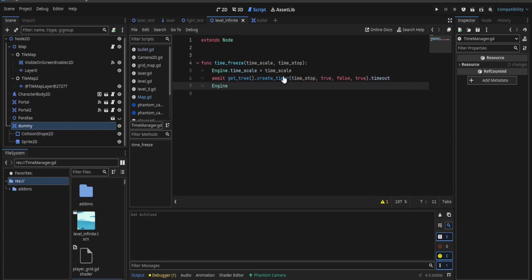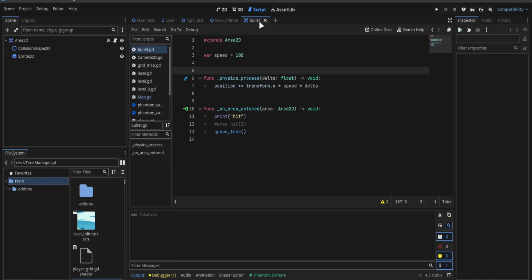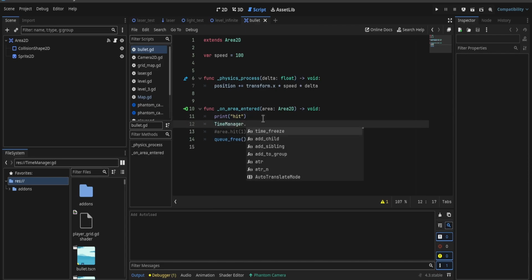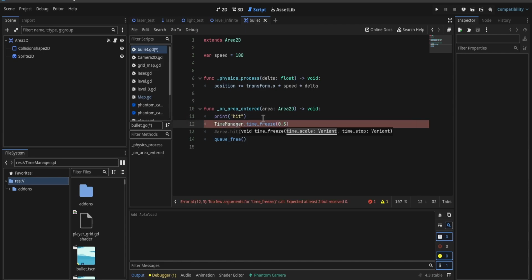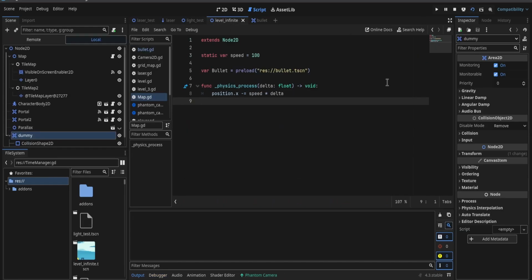Now here we will open create timer to explain what everything does. So in the end everything is the default except ignore timescale, that we put as false, so it ignores the real time and just follows the in-game time. Then we go to our bullet, here is our script, and here after the print we do time manager.time freeze 0.5 and 0.5,